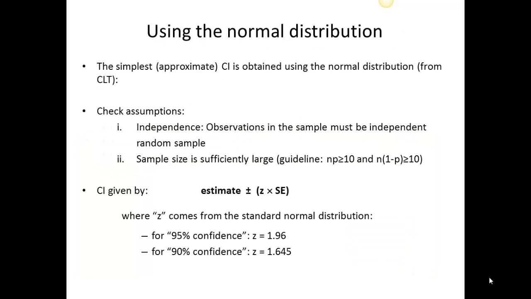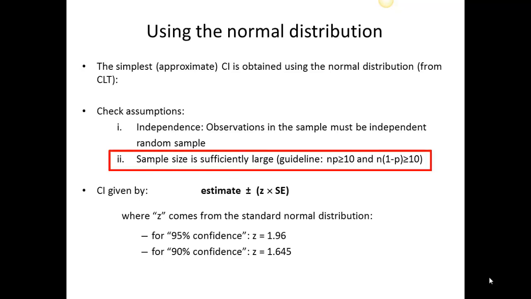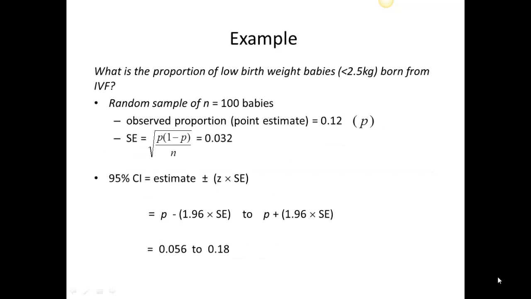And we can use the normal distribution to work out our confidence intervals. This is exactly the same as outlined before for the sample mean. The only difference is the assumption here regarding the sample size, so I won't talk all the way through this again. Here's an example. So now, instead of looking at the mean birth weight among IVF babies, let's look at